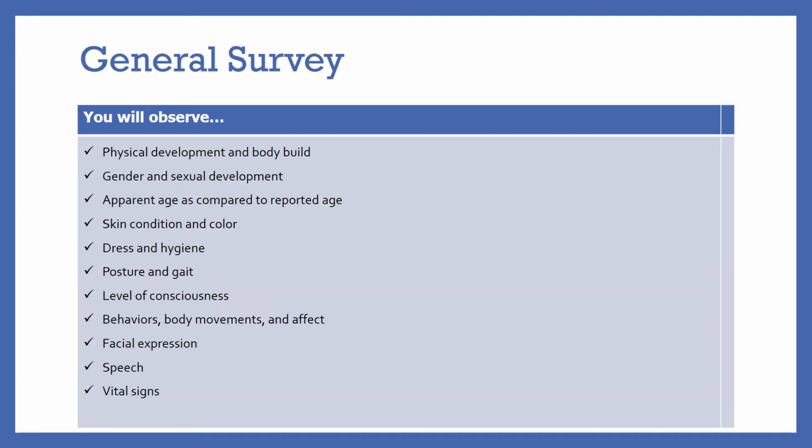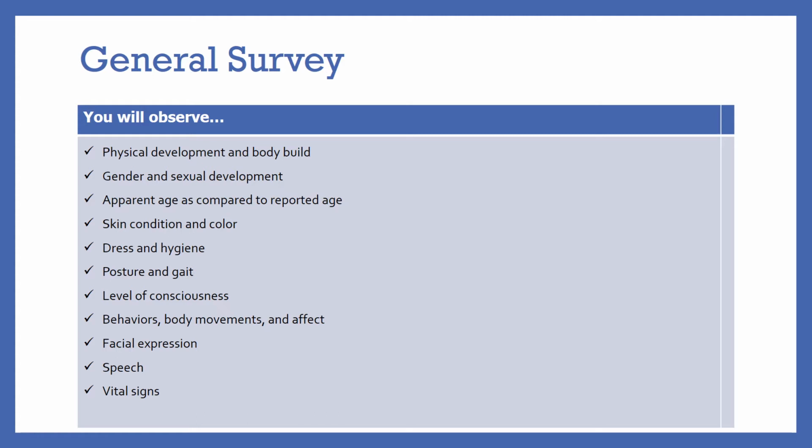Future nurses, general surveying is a visual observation. You observe the client's physical development, body and gender, sexual development, their apparent age as compared to the reported age, any skin condition and color, their dress and hygiene, posture and gait, their level of consciousness, behaviors, body movements, and affect. Any facial expressions and speech,